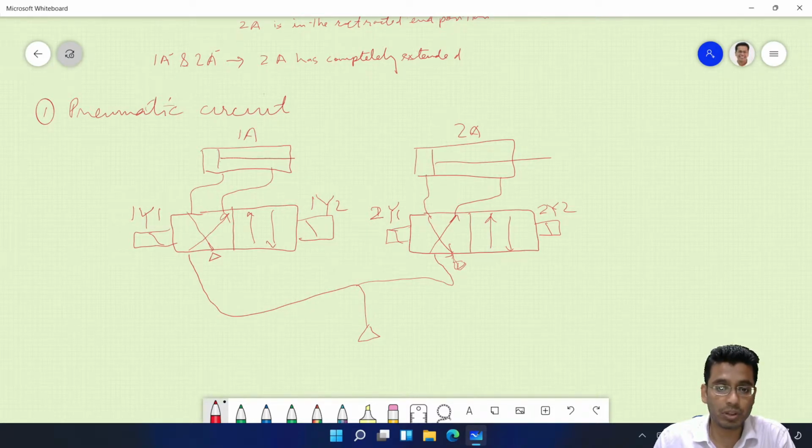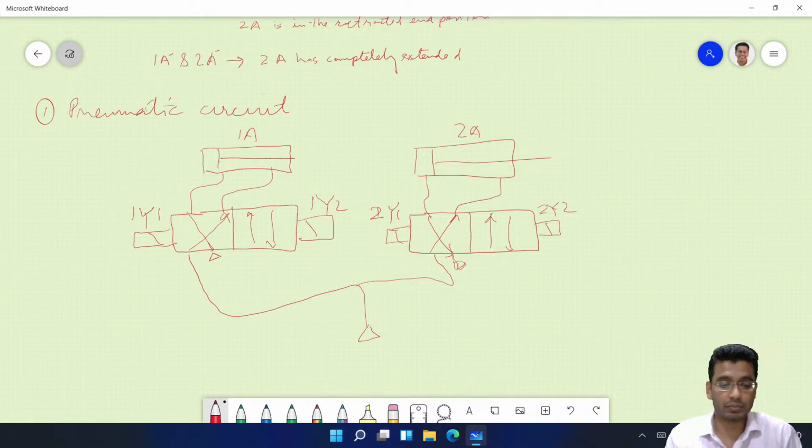The second option is you can also have these limit switches in the form of a roller valve. Does it give a pneumatic signal or an electrical signal? Which one will you be using here? Electric signal. Okay, good.